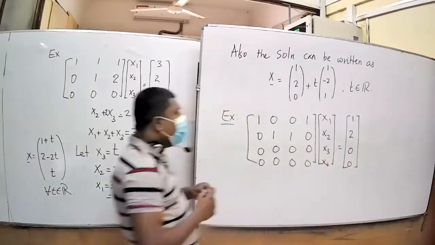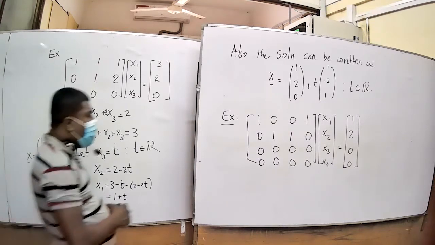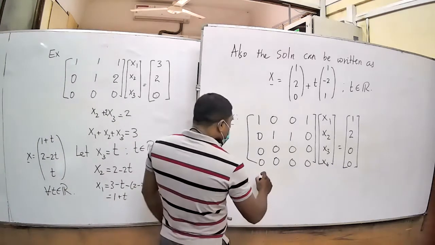Right, so if you look at this equation, the number of unknowns is 4, right? But you have only two non-zero rows. You don't know x3 and you don't know x4 as well, because the last two equations give you 0 is equal to 0, right? So you don't know x3 and x4.